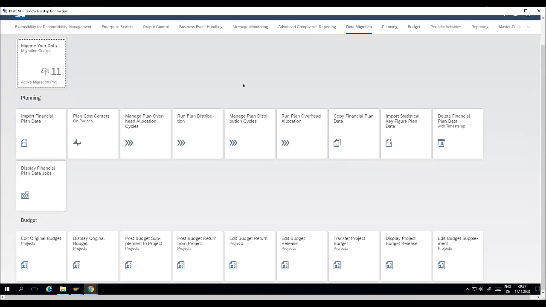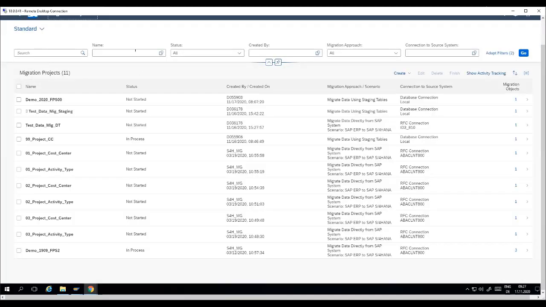Sorry for that. So to start the migration project, you can press here the data migration button. It will bring you directly to the migrate your data app. If you click here on the app, you will see a list of all available migration projects in the system. To create a new project, you have to press the create button, and you see here